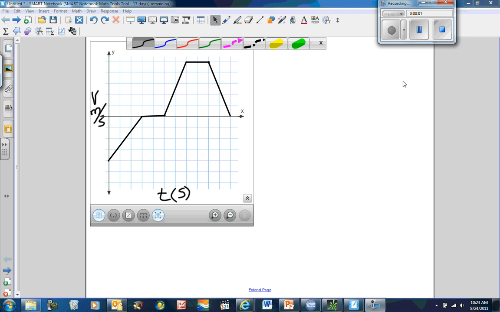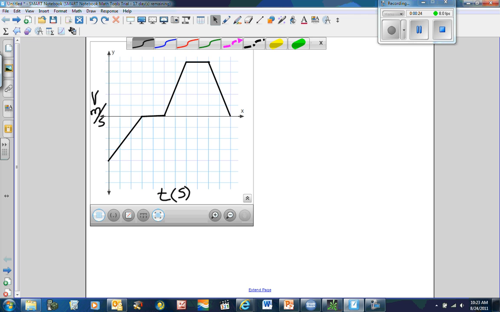Okay, we have a velocity time graph here, and I just wanted to go over one more time what all that means. First of all, you always have to look at your y-axis and be sure you know what kind of graph you have, because if it's a position time graph, that's going to be a lot different from a velocity time graph. So we have a velocity time graph here,